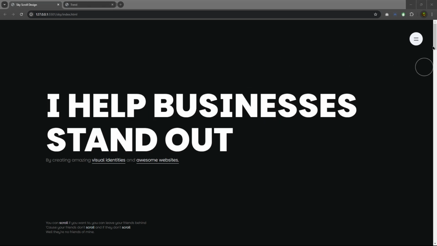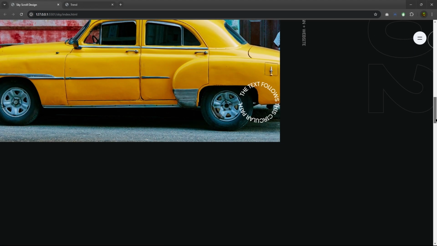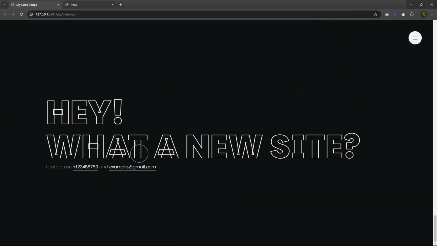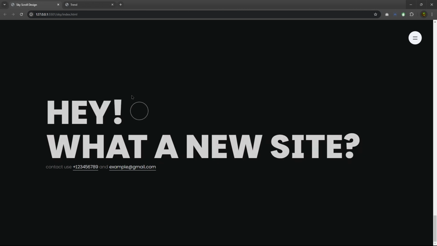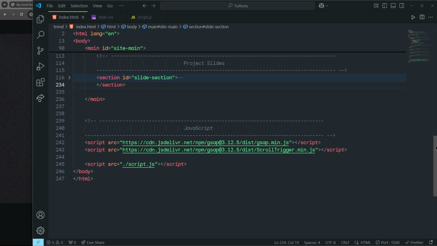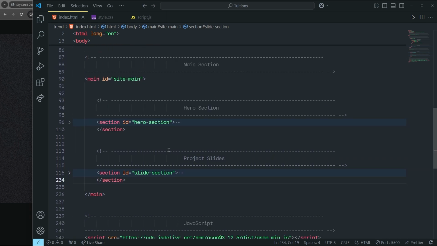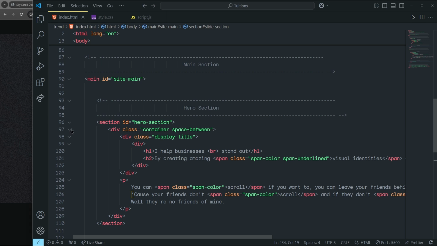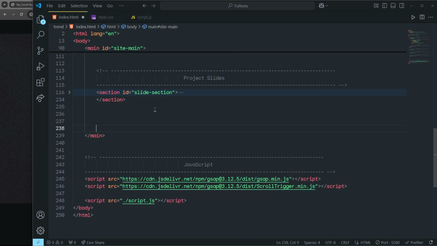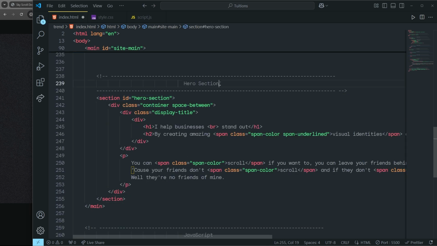We need to create a footer for this template. When you scroll down, here you have a footer. It just looks like you have a hero section, but with a different text and the contact and the email. So let's see how to create this footer. So let me minimize this. And as you know, the footer looks exactly like the hero section. So why don't we copy this hero section completely and paste that right down here